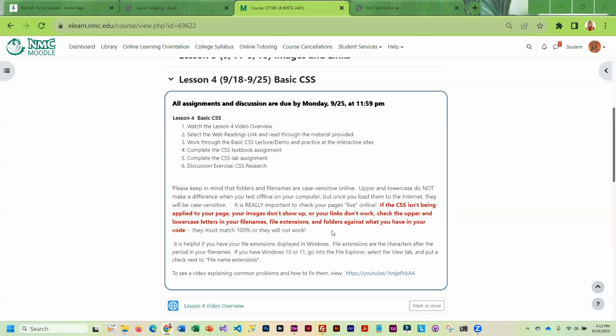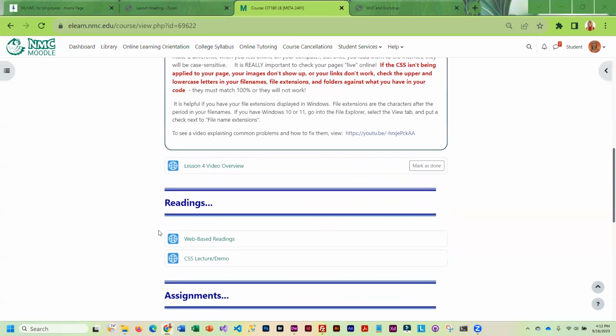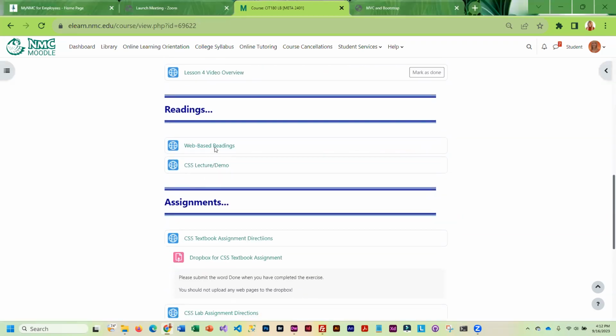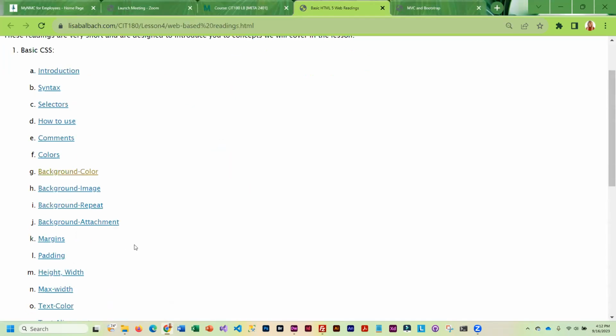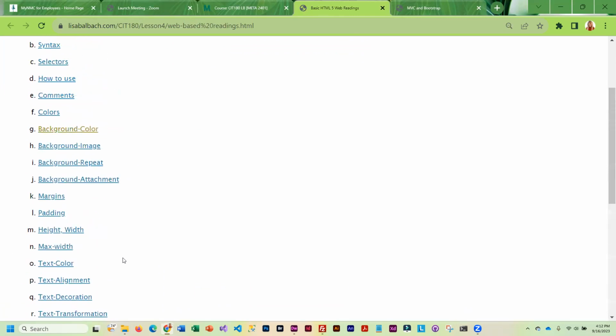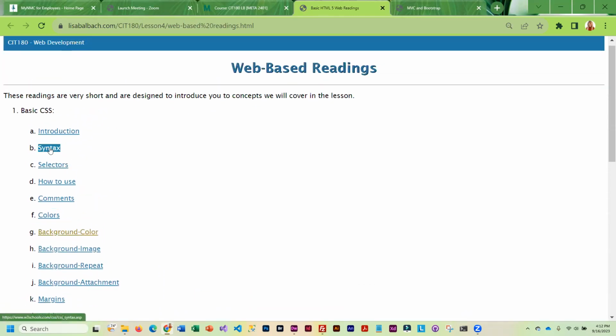This week we're covering basic CSS commands. These are commands that you can use with a wide variety of HTML tags. They are commands that we will be using pretty much every week from now until the end of the semester. So you are going to want to go through the web-based readings, and these are all different CSS commands, and